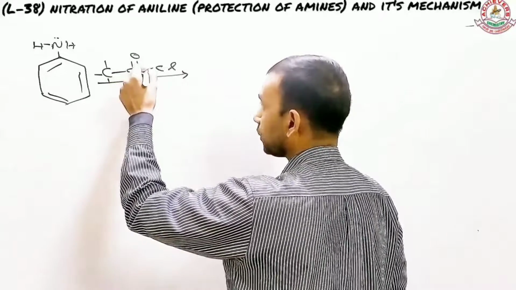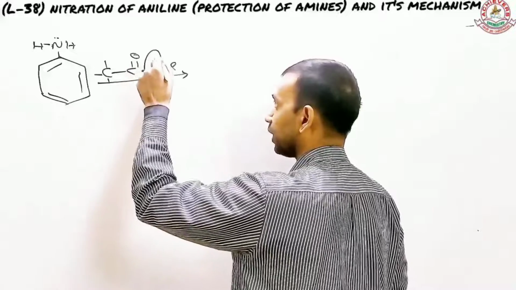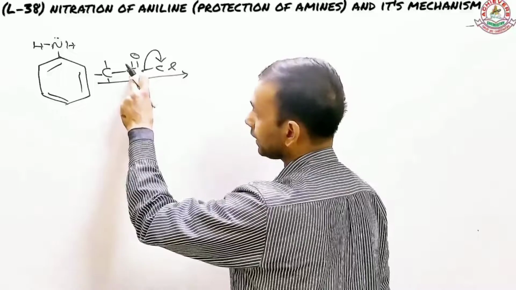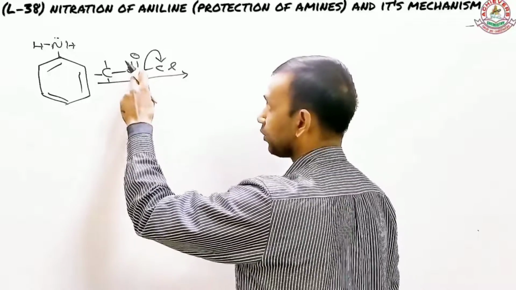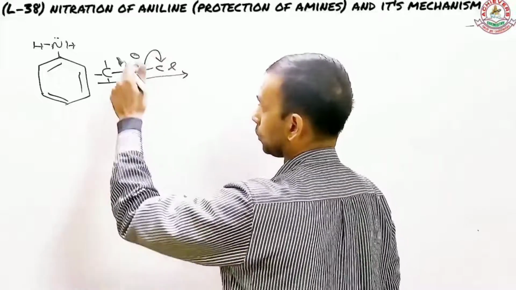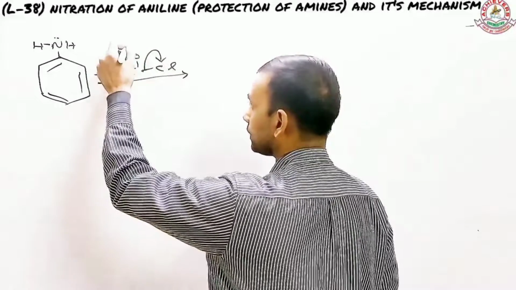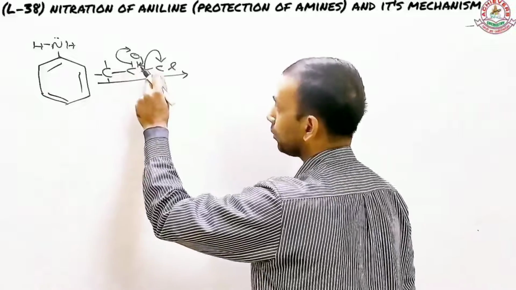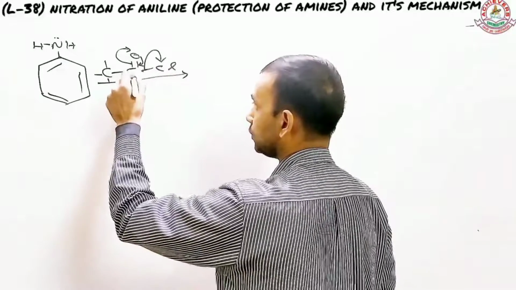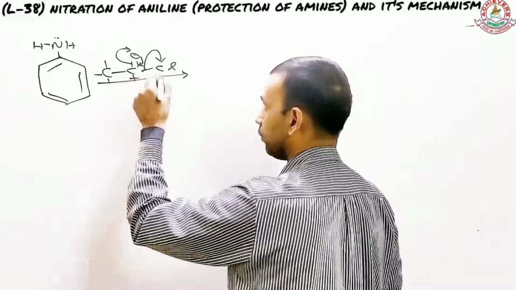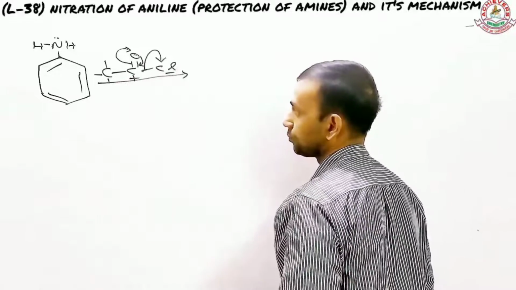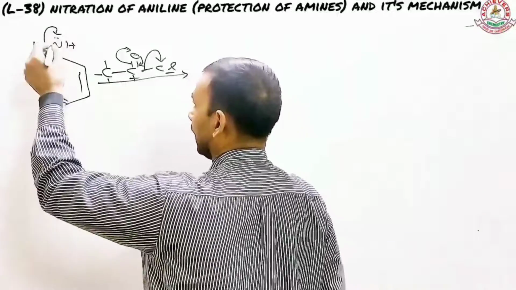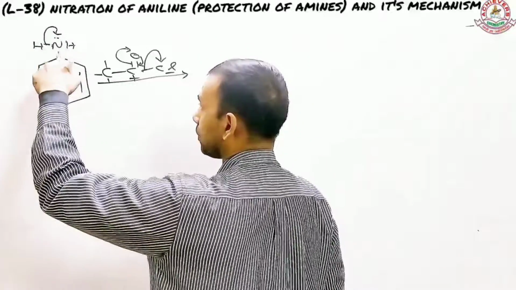This bond undergoes cleavage. Why? Because this carbon is electron deficient here. And why? Because it is surrounded by two electronegative atoms. So oxygen is pulling its electrons towards itself, but then it will result in back bonding. In that case, this bond will break, and this will result in the formation of a positive charge, while chlorine will form a negative charge. Similarly, this bond will undergo cleavage, and nitrogen in that case will become negative.